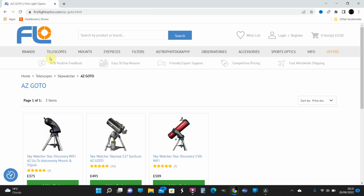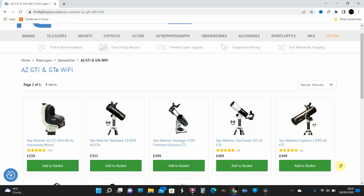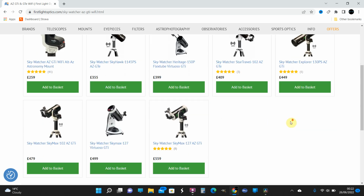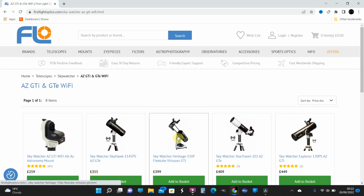So I would point someone towards the AZ GTi line. Oh, not that one. That's kind of its predecessor. Here we go. So this is the full range of AZ GTi mounts. You can just get the mount on its own here, or it's bundled with various optical tubes. There's even a heritage tabletop Dobsonian version where they've put the same GoTo system in a tabletop mount, and they've done that with both a Maksutov, which is suitable for planets and lunar, and a more jack of all trades Newtonian reflector. And there's also a short refractor version, which is a rich field refractor suitable for wide deep sky objects like open clusters and galaxies. So it's quite a range of telescopes for the AZ GTi mounts, and they're the ones I'd recommend if you were looking for